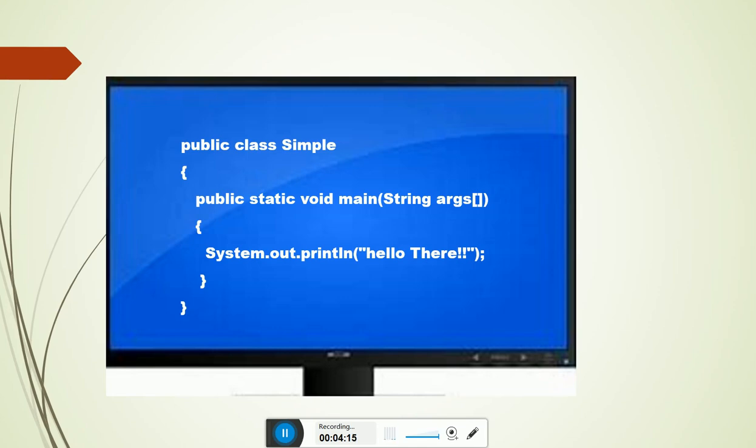Now the question comes up, how do the compiler and interpreter take our Java source code?